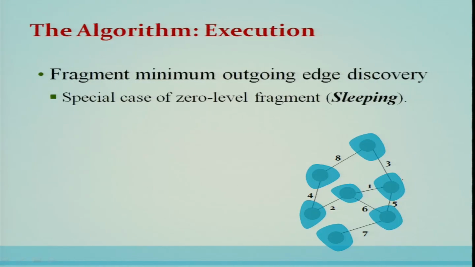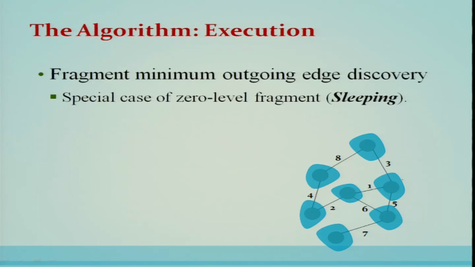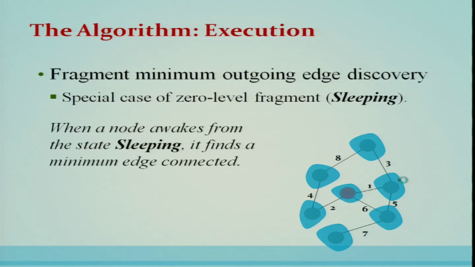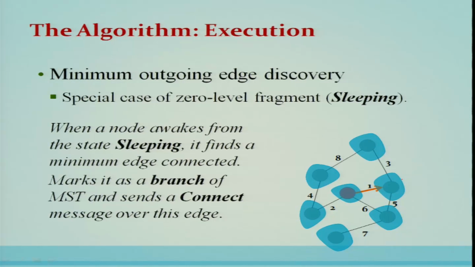So, that was a brief overview of the algorithm. Now, let us see the execution, how these steps are basically incorporated in the execution of the algorithm. So, in this particular execution example, the fragment with a minimum outgoing edge discovery is shown. That is a special case of 0 level fragments, they are sleeping. When a node awakens from the sleeping state, it finds the minimum edge connected, marks it as a branch of the MST and sends a connect message over this edge, goes into a found